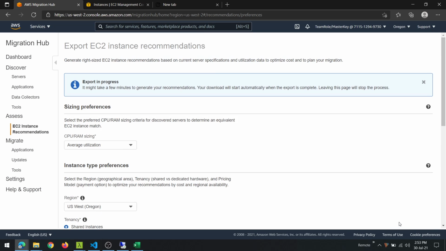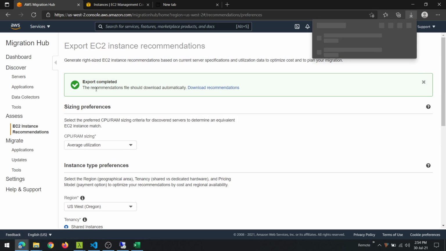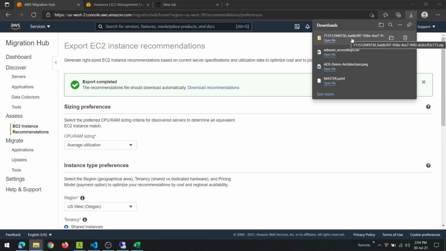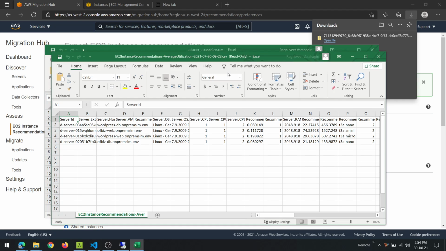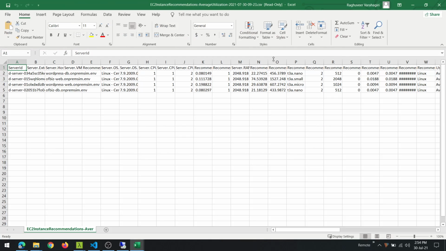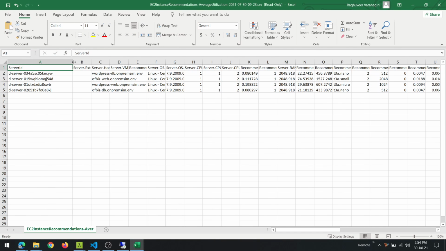and you can click on export recommendations. So when the export is complete, you get a zip file with a CSV that gives you the various instance size recommendations for each of the server that is discovered.